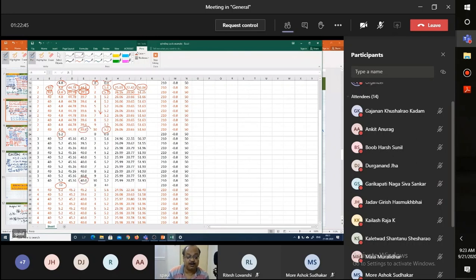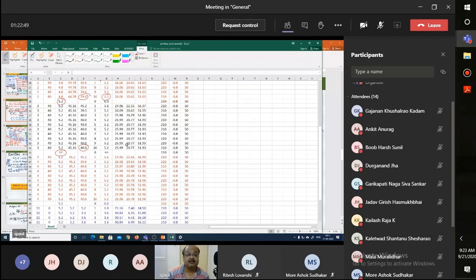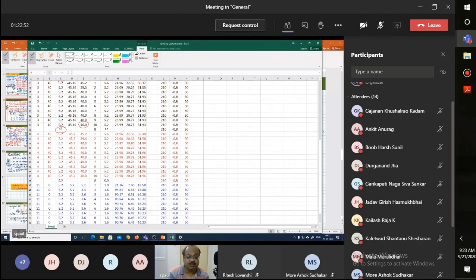For the fourth pass, it is once again 40, and the deflection has saturated to 5.2. Then fifth, because it has already saturated, I have assumed that till the 10th pass the same thing will repeat. You can do it, it will be done. In the 11th pass, this will remain 5.2. So whether it is 5, 4 or 10 doesn't matter. It will be the same. So in the 11th pass, this will become 5.2.